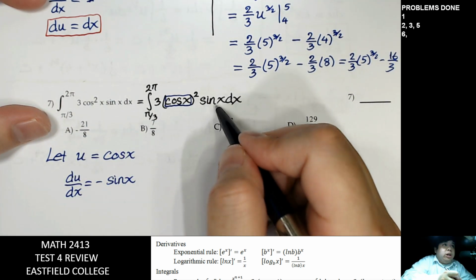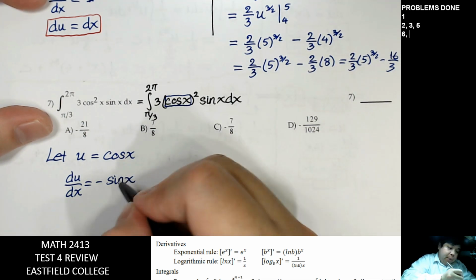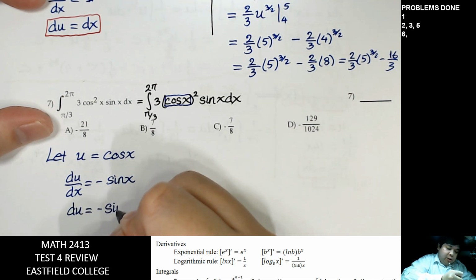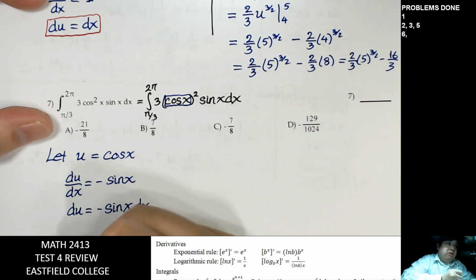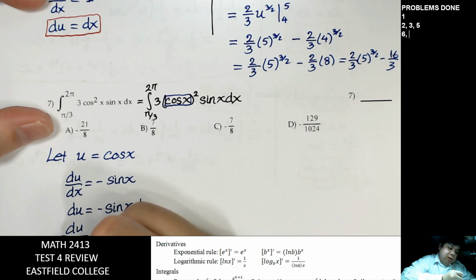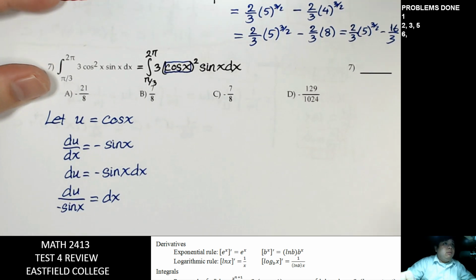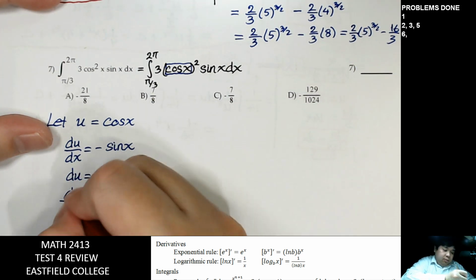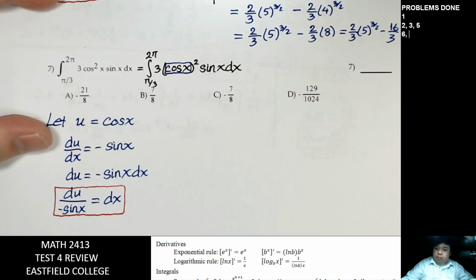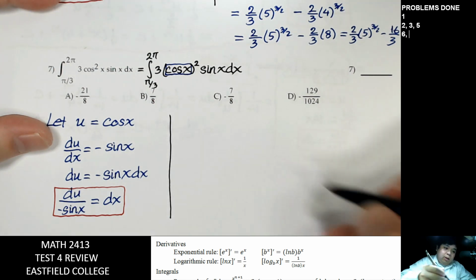And that will potentially cancel with this sin x, which is good. Right. Move the dx. And divide by the negative sin x. So that integral